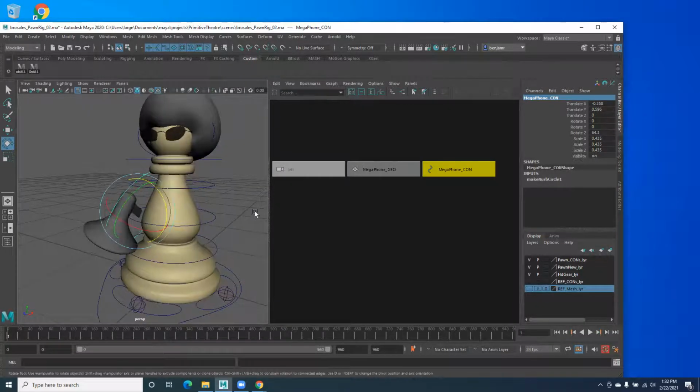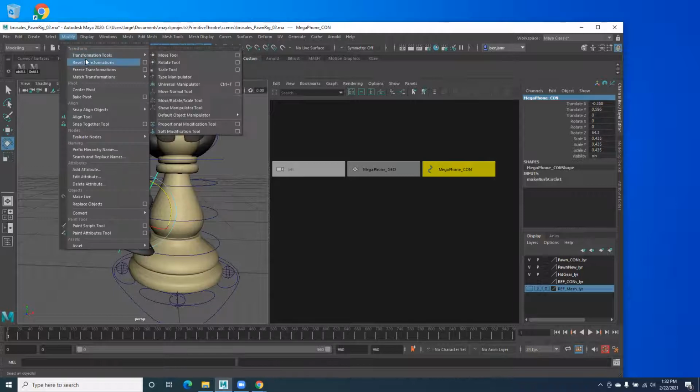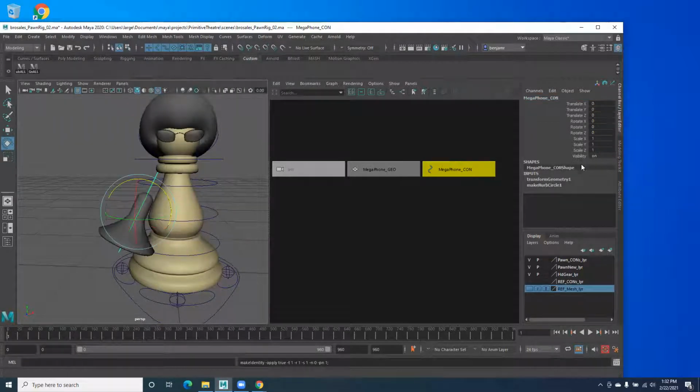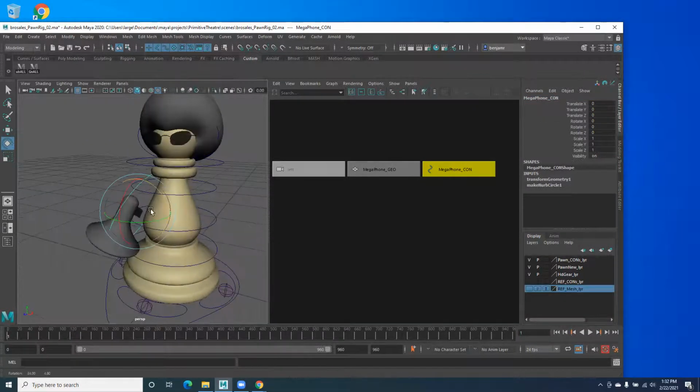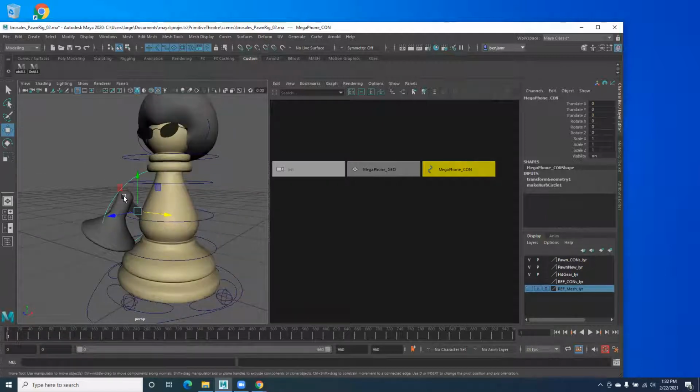So here's my control handle. This also needs to freeze. We have to freeze this transformation. Modify, freeze transformation, because this is what we need to have as default 0. Now this gets to be a little bit tricky. I could just leave it right where it is. So just as an example, I'm going to